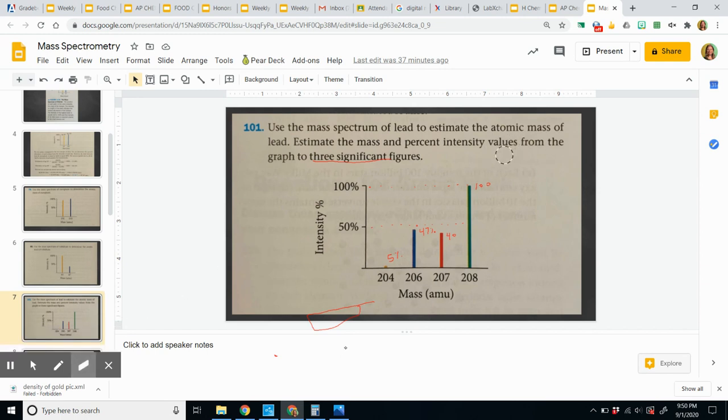So that I can do the last part on the right-hand side. Okay, so over here I have 204, which has an intensity of 5. Over the total, we're going to have to add up all